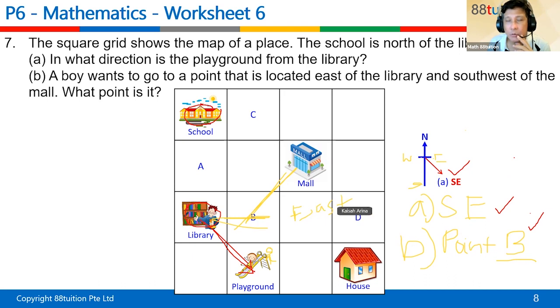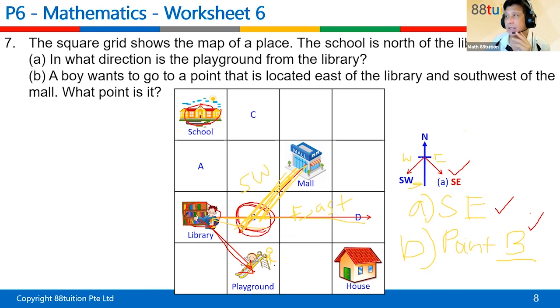So what you need to do is you look at the library and you draw a line to the east, like that. Okay, then it must be southwest of the mall. So from the mall, you draw a line down. Okay, so you can actually see I think the yellow is Kaiser's. All right, so what happened is when the two lines actually meet each other, it is actually over here. That is our answer, and that point is actually